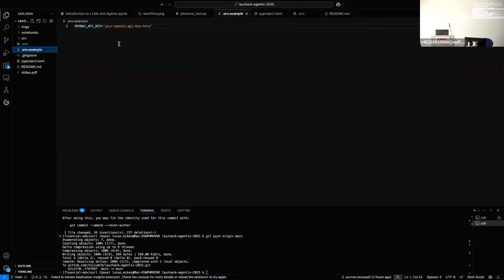And in the README, you will have instructions on how to create an environment using Conda or UV or whatever you prefer. And that example is to show you. Then we will go through a Jupyter notebook, and that will need some Python libraries and the API key. So now that we installed the Python environment,